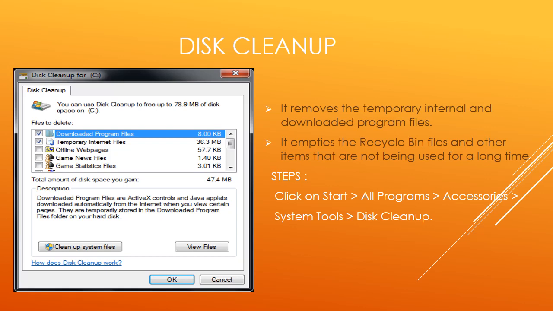As you can see here in the image also, the dialog box for Disk Cleanup is shown here. Now, after you click on Disk Cleanup, it will ask you to select the drive. Like here, it is written Disk Cleanup for C. C means disk cleanup here is done for drive C. Now, click the drop down arrow and then select the drive that you want to clean. Here we have selected drive C. Then click on the OK button. It will search for all the unnecessary files, and then it will delete all of the unnecessary files safely.